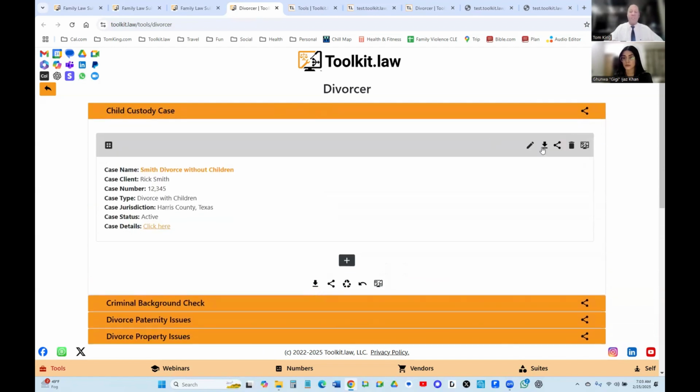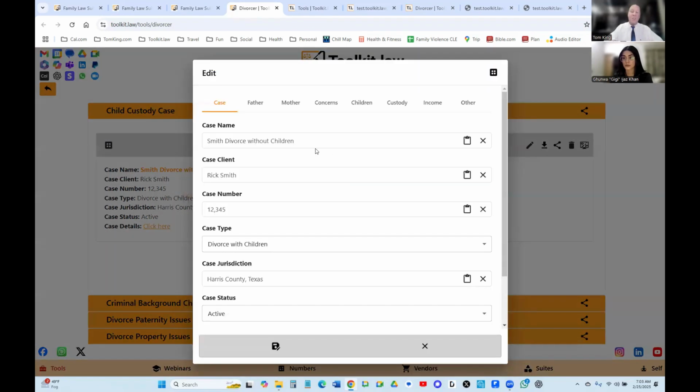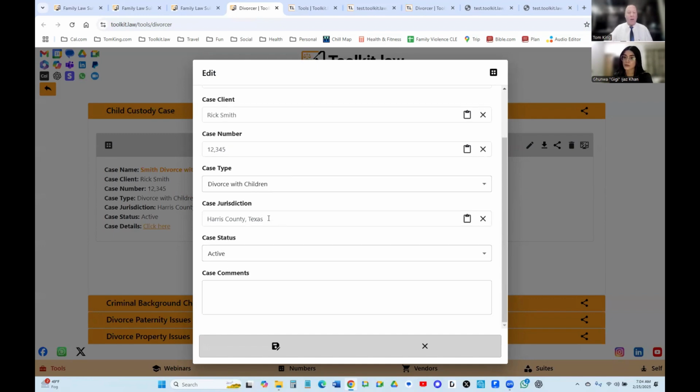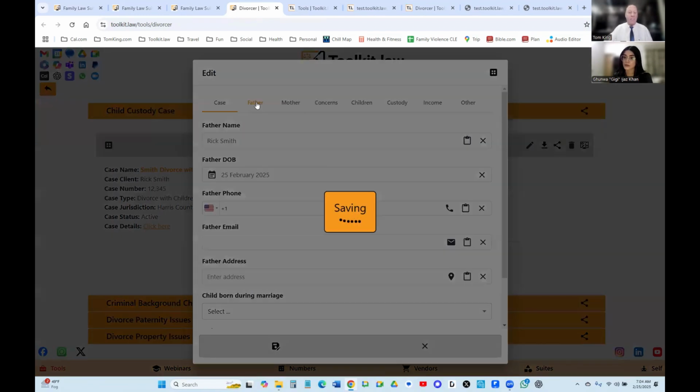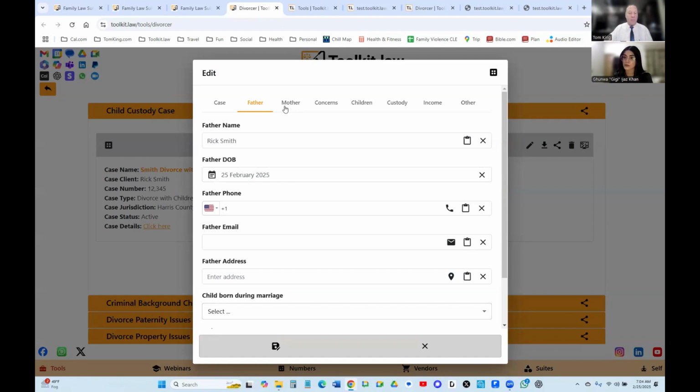And then we have our custody case, our child custody case. So this is where you go if you're not married and you have a custody case. It could be an original case or it could be a modification in any of the 80 countries with English-based legal systems. And when you fill out all this information here, you put the father's information here,